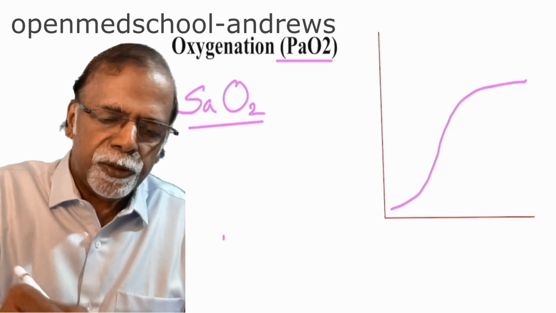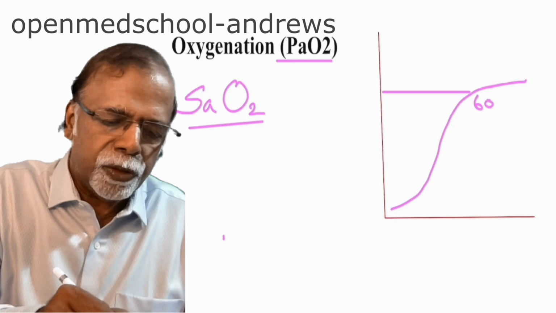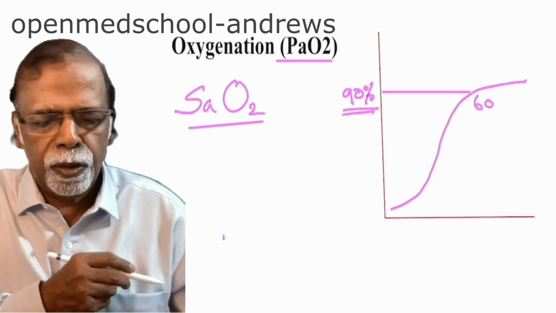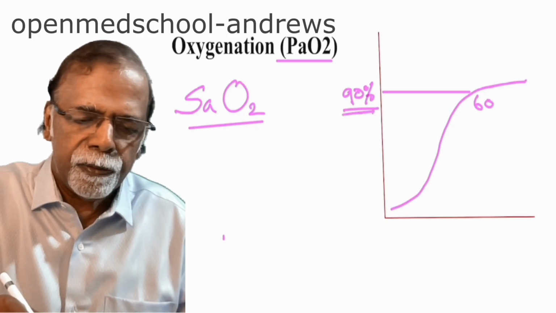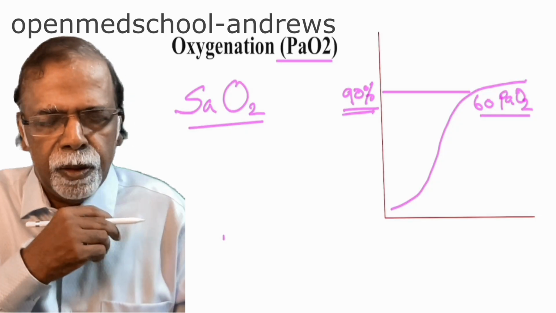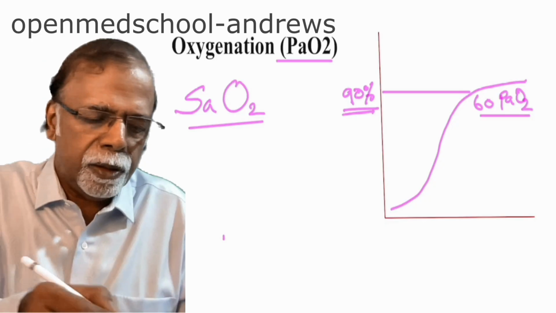When the PaO₂ is 60, the SaO₂ is around 90%. When the PaO₂ is less than 60, there is severe hypoxemia. So that is why we try to maintain the